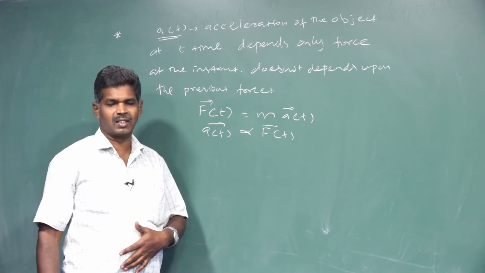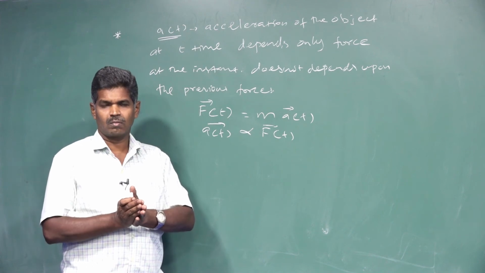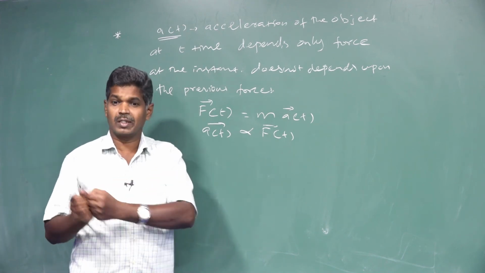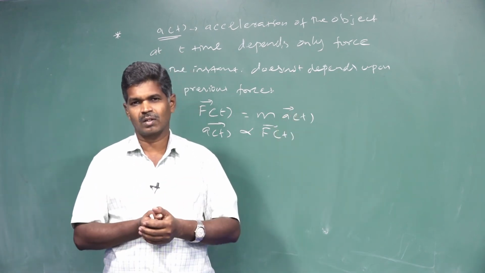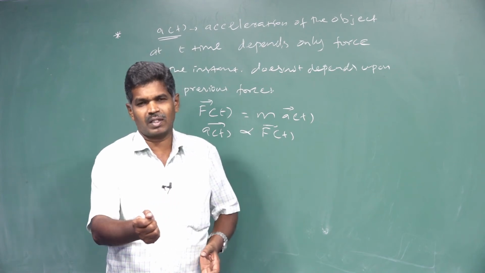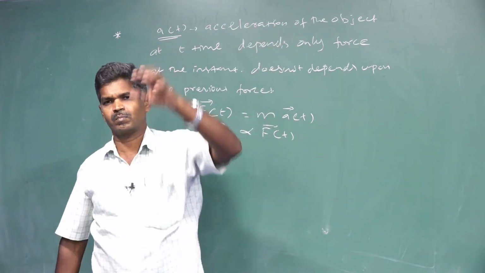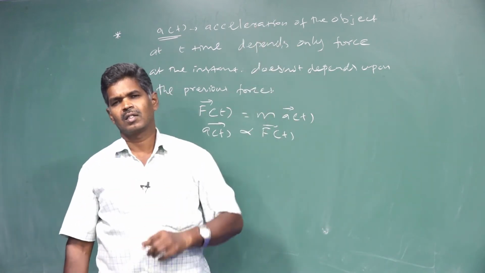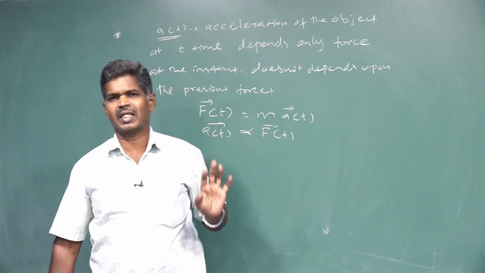A very simple example we can take is in a cricket ground. A bowler bowls a ball, and the batsman is ready to hit the ball for a six. So the bowler starts running, and after completing the run-up at the pitch, he releases the ball, whether he is a fast bowler or a spin bowler. At the time of releasing, he gives a certain force.